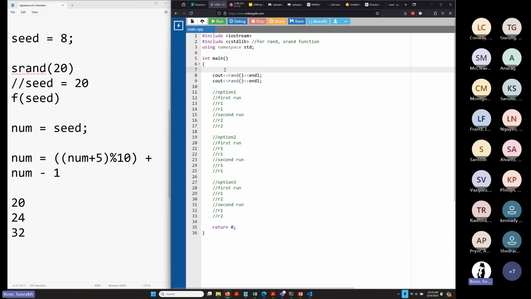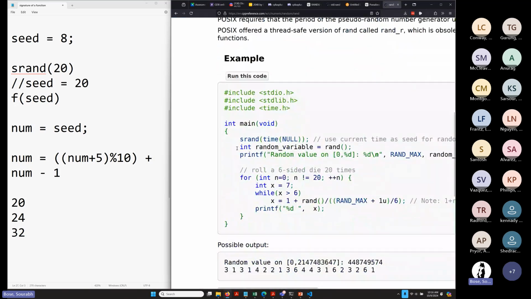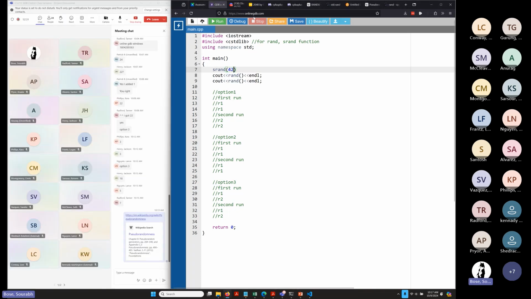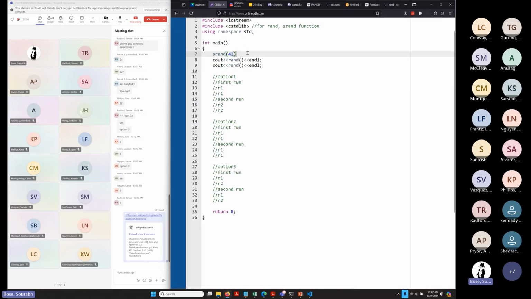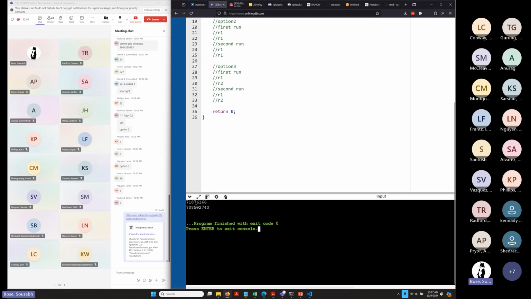So let us now set up the seed. So I'm going to call srand. I do not need std colon colon srand, and I can just directly type in srand like we are doing here, but you don't have that. Yeah, ignore that, but yeah, that's also fine. And let's set the seed, my favorite seed, 42, let's say. And I can just run this code and I get an error because of a missing semicolon. And I run this code again and I get